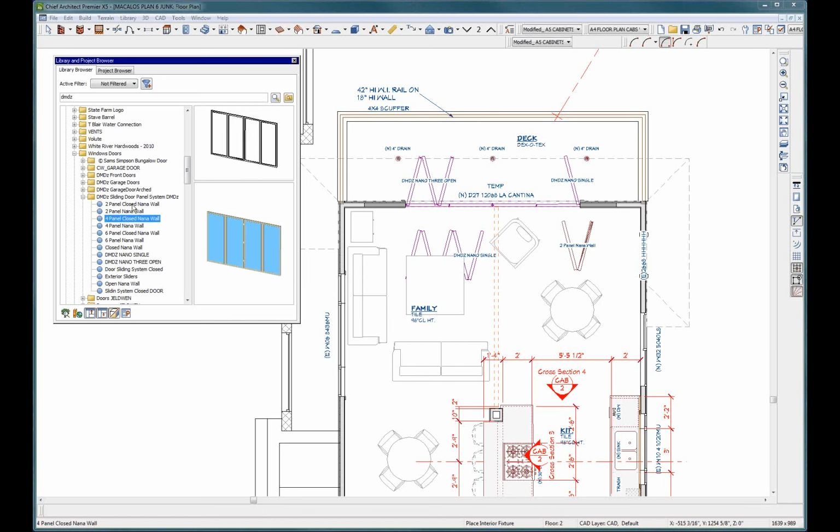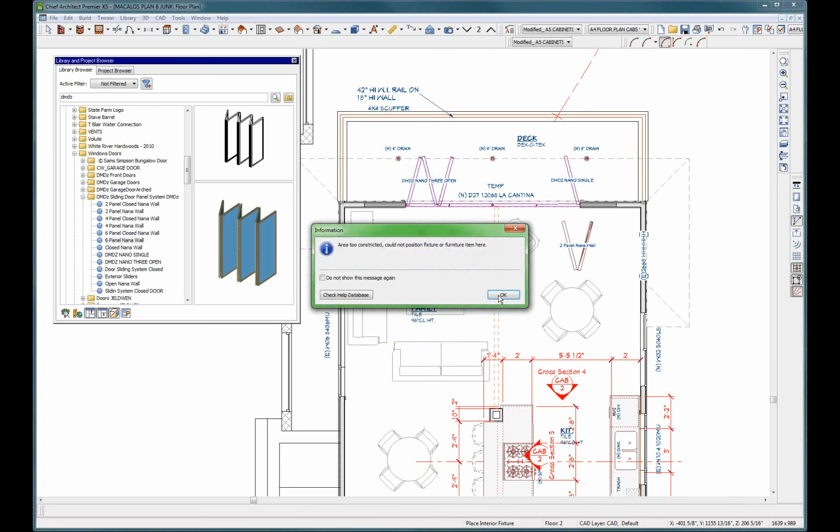So he's made all these two-door panels, closed, open. That's a 2-panel. 4-panel, closed, open. 6-panel, closed, open. Okay? Now what he didn't do is allow for, if you know how these La Cantina or Nano doors work, sometimes you have an odd number or an even number of doors. So really it would be nice if he had included a 3-panel and a 5-panel, and then a single, because when you look,